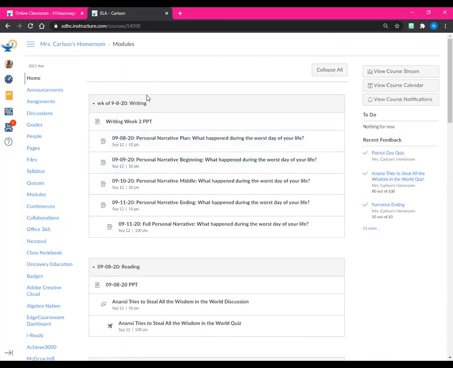And in reading, writing and reading are together. So writing, it'll always say WK of, so it'll be the week of, and it will say writing. Okay, and they're kind of grayed out, as you can see a little bit. That's like your subject header. Underneath that is all of your information. So for this week, the very first thing that you'll see in reading and writing is the PowerPoint. The PowerPoint will walk us through our week. So if I click on this PowerPoint,